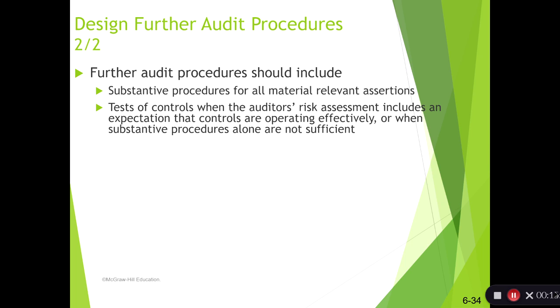Control testing we will do. So if we have to do an opinion on internal controls, then we'll always do control testing, right? If we're not doing that opinion, possibly because it's a privately held firm, for example, then we do it when the risk assessment expects controls to operate effectively. So basically, if there's a good design, then we'll want to go ahead and do the test of controls to make sure it's operating effectively.